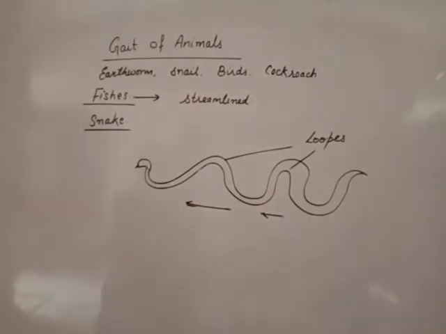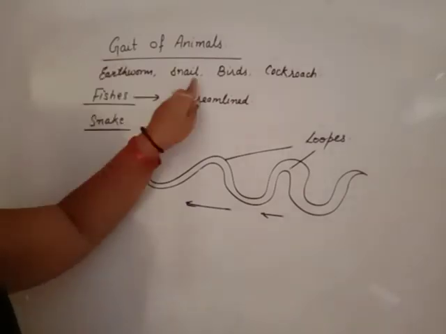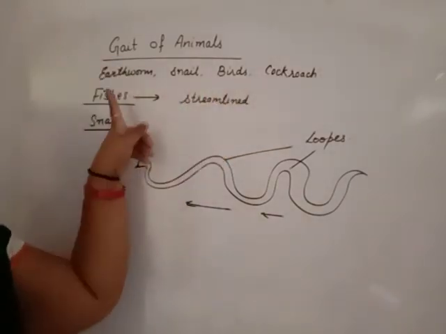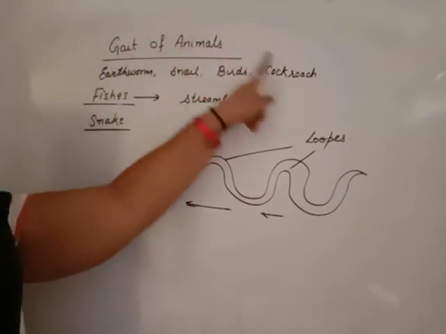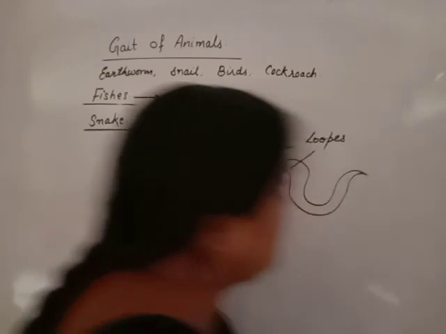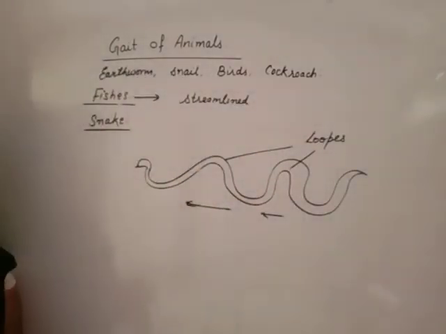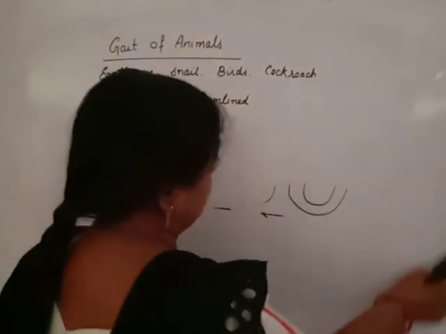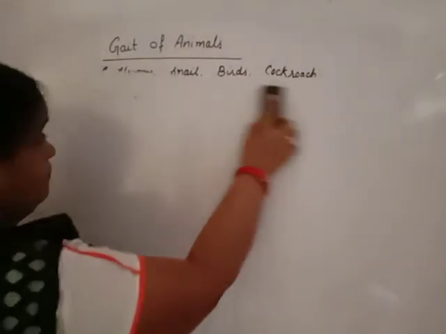Beta, earthworm, snail, bird, cockroach, fish and snake. These are all the animals you will study as per your syllabus. But you have many questions about many animals. You see a large number of animals, birds and all that, and you have many questions in your mind. How do bones and muscles help in the movement of these animals? Beta, this will be explained.